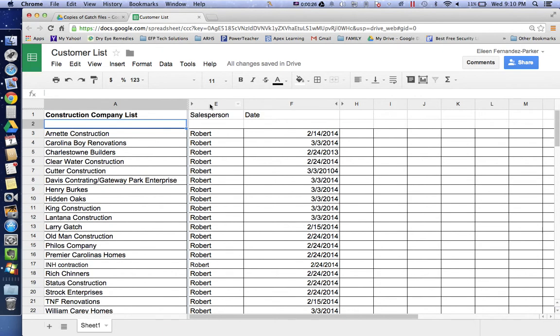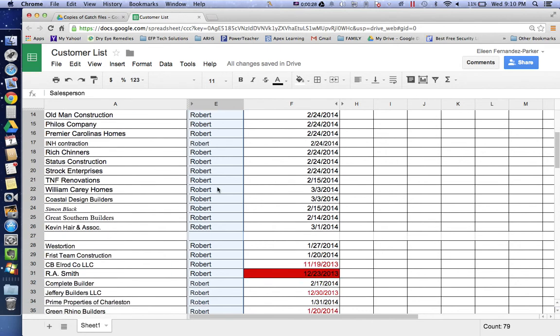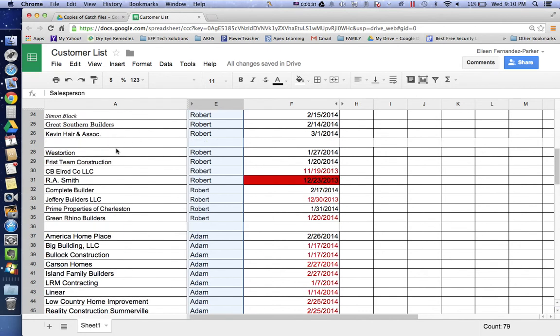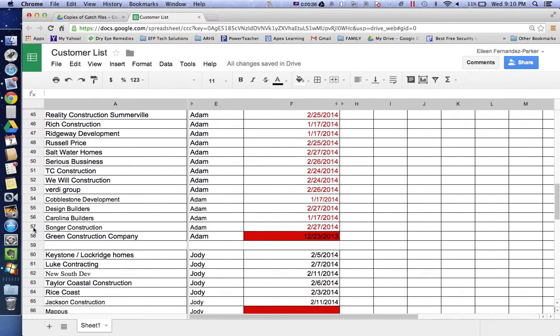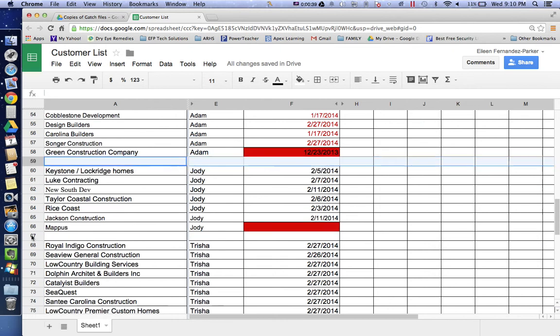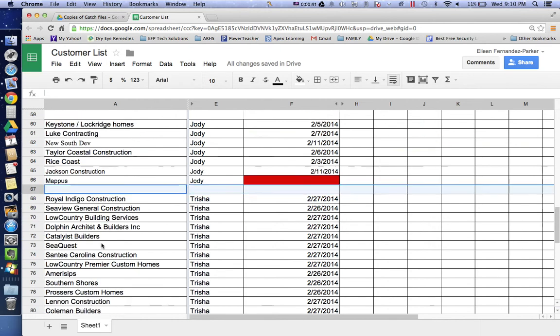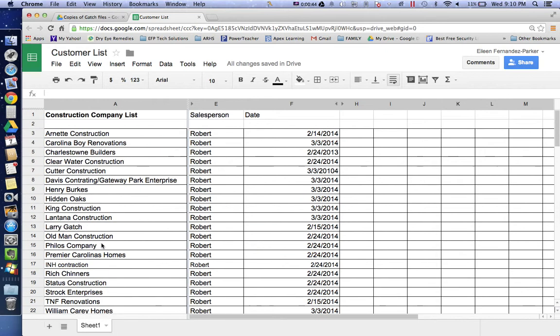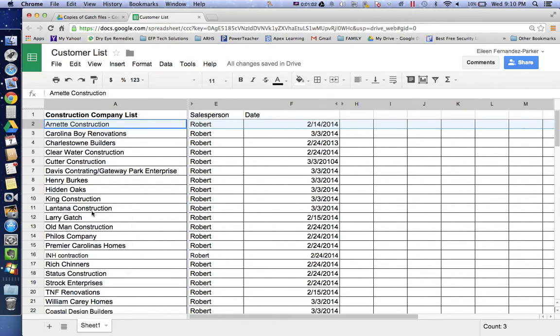And you'll notice that if you look in column E, the same person's name is running through there with breaks. At row 27, there's a break in the data, at row 36, at row 59, and at row 67. These breaks are going to stop the filter from working properly, and you have to delete all of these breaks for the filter to work. If you miss one of the breaks, you have to take the filter off, remove the break, and then reapply the filter. So what I'm going to do now is delete each of these breaks,